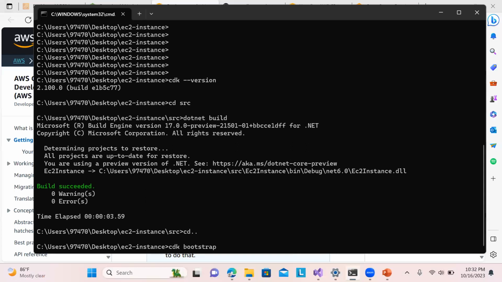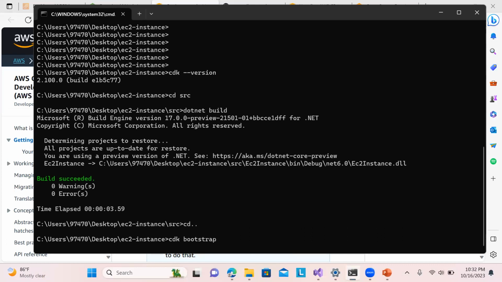Once you run this, it will create a stack inside CloudFormation, which contains the startup packages and basic requirements needed to run your stack. A CDK template will be installed in the stack in CloudFormation. So when you run this cdk bootstrap, once I run this one,